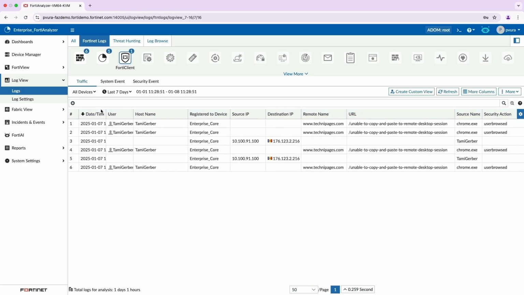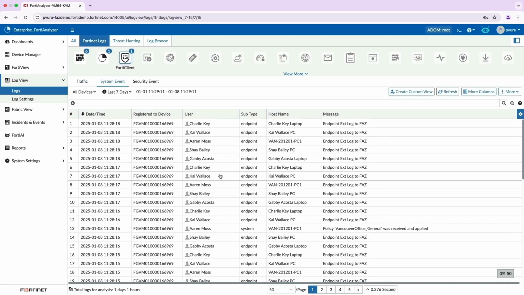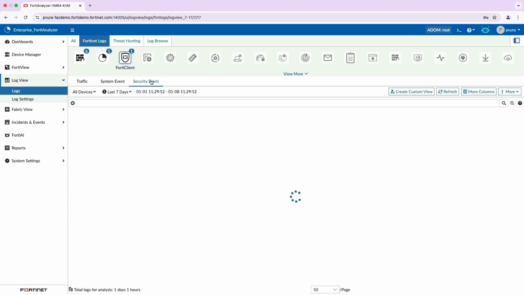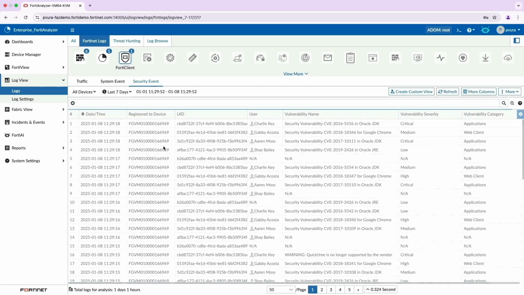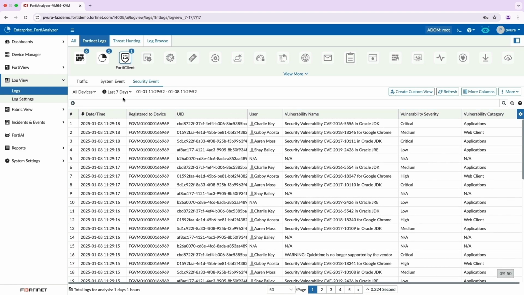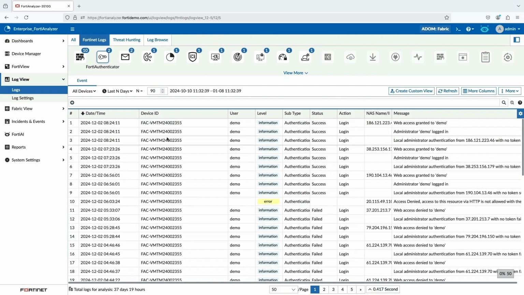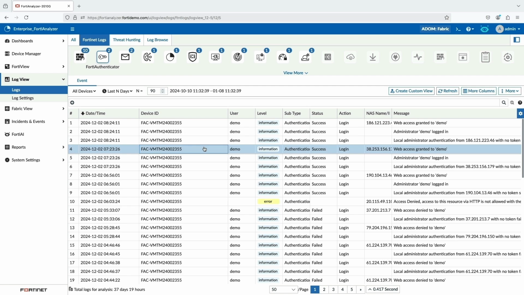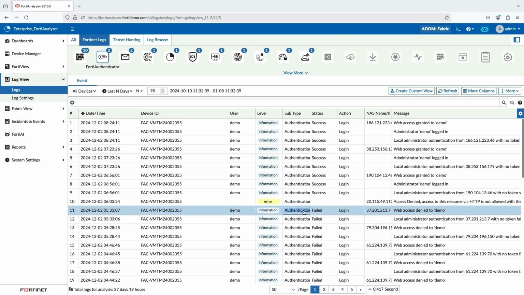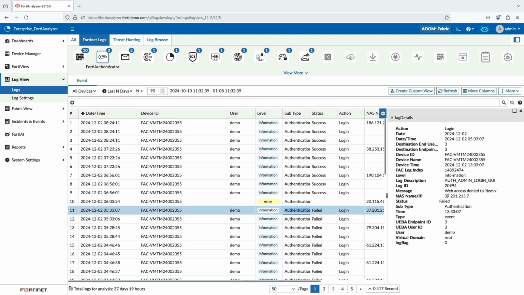This provides detailed logs from FortiClient EMS, including user-specific logs, system event logs, and security event logs. These logs encompass all managed users, devices, and detected vulnerabilities for comprehensive analysis and monitoring. Logs from FortiAuthenticator include user authentication events such as successful or failed login attempts. These logs include user details, IP addresses, and authentication types, helping SOC administrators identify potential brute force attacks or unauthorized